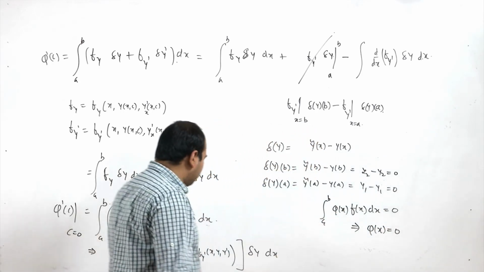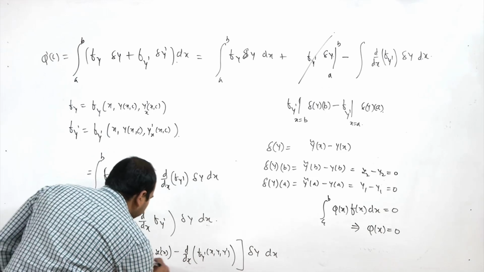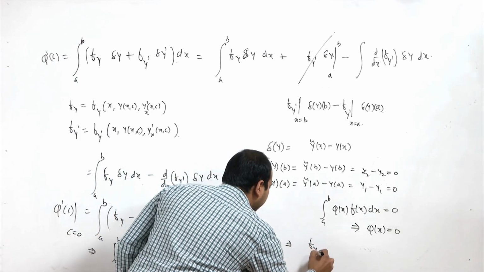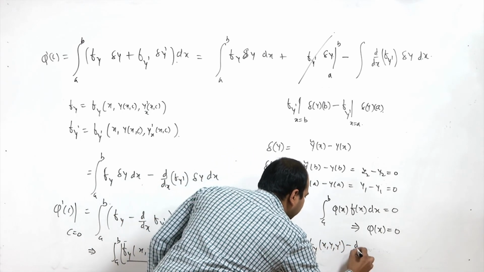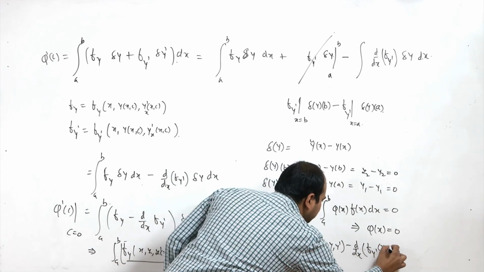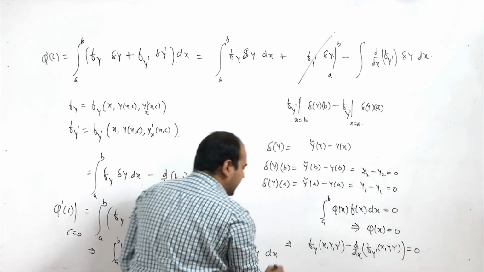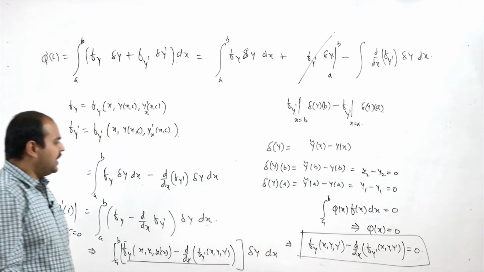So, using this lemma we can say that the integrand here is equal to 0. This will give you that f_y minus d/dx of f_y' is equal to 0, and this equation is known as Euler